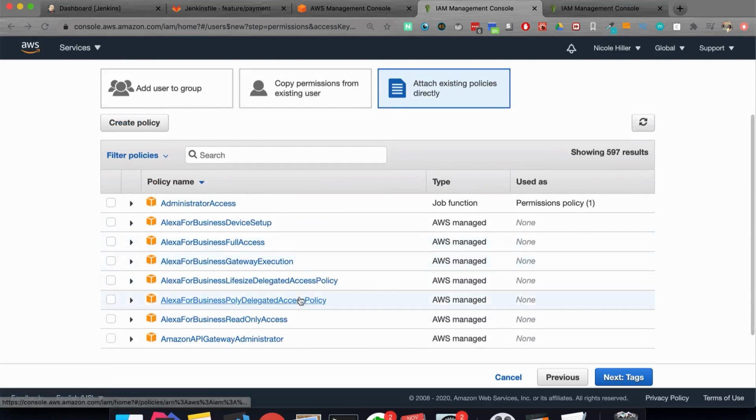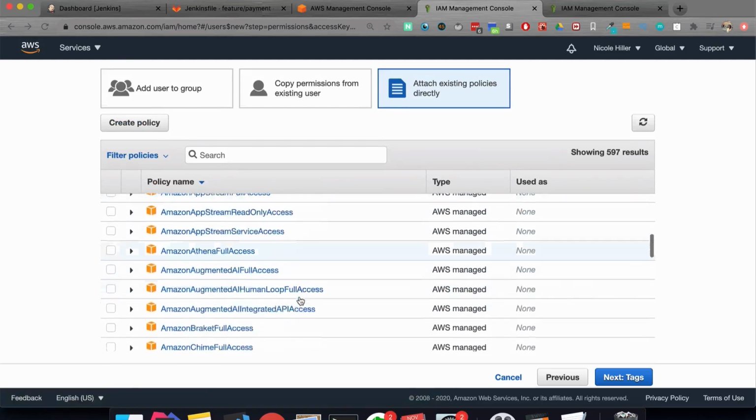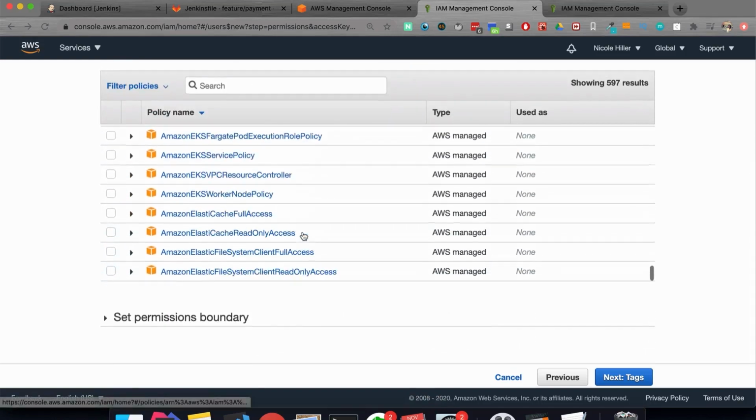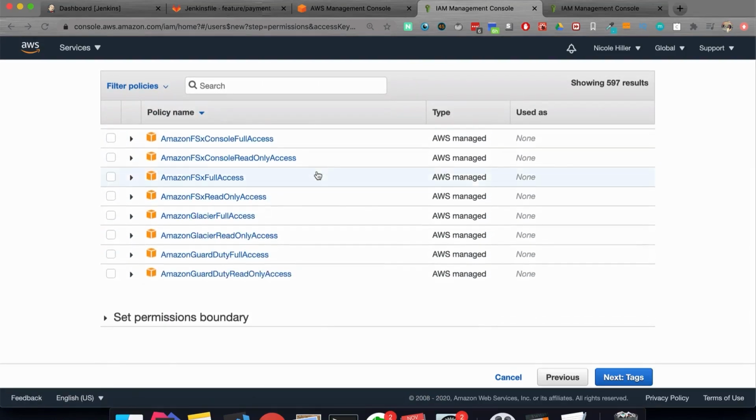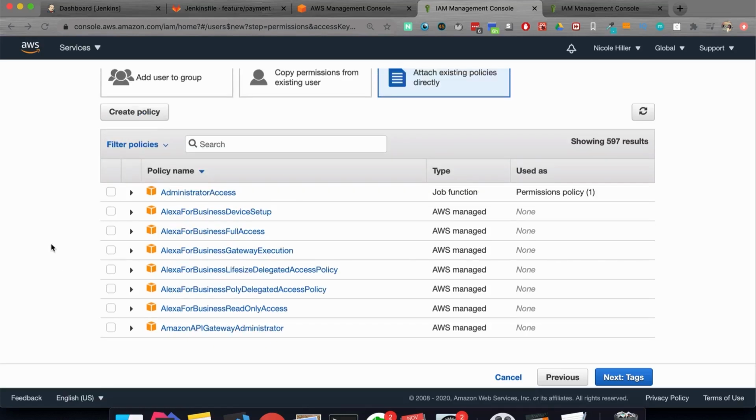And this is a pretty long list because you have granular permission policies in AWS. So you can basically decide for each single service what type of access you want to grant a user. And this actually is good because it supports the best practice of giving the user the least privilege they need. So if a user needs the read-only permission for a service, you can give a user read-only permission rather than